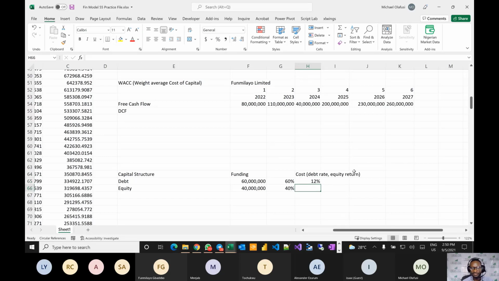People can argue that it should not be the debt you have on your book, it should be the rate at which you can go to the bank and borrow. And all those are arguments. But what everybody does not deny is, if I look at your books and your current capital structure, then I should use what is current for you. If we use that, nobody can fight it. Where they fight it is if you're going to raise new debt, they say you might not be able to raise it at that amount. But again, let's leave out what everybody doesn't agree with. So let's say this is your BOI debt. You got this debt from BOI, and those are the conditions attached.